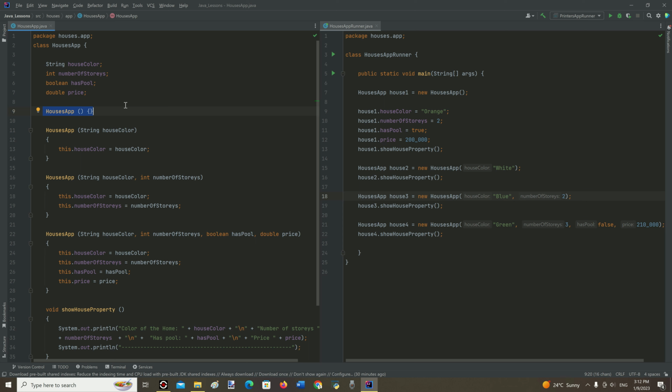It provides the possibility of assigning values to the instance variables that belong to the object named house1 in these 4 lines of code. And it is not a parameterized constructor because of the blank parentheses right here and there.